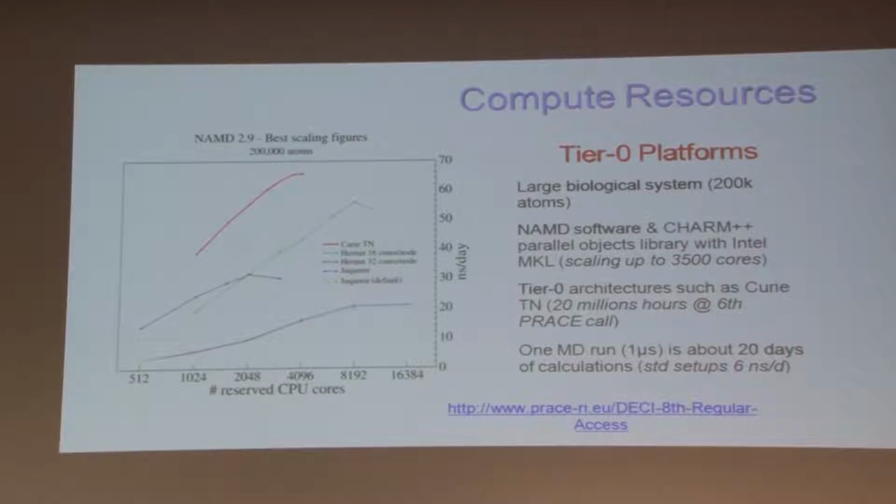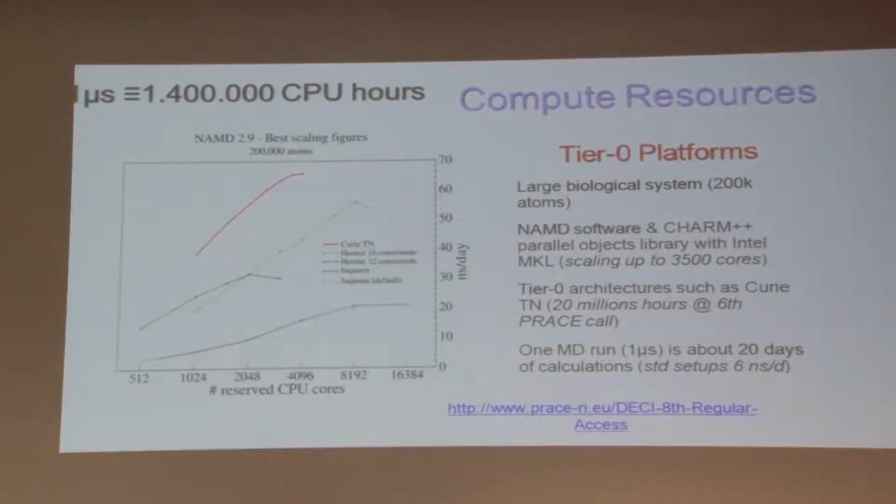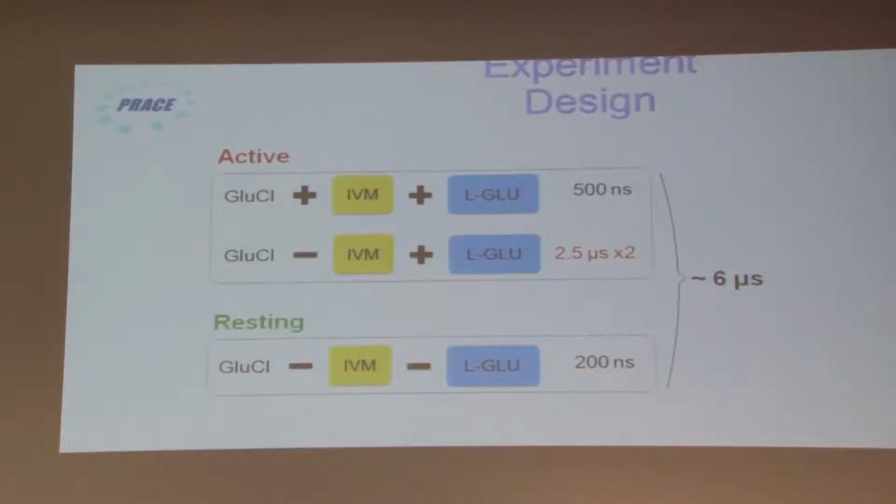The only thing that I also want to point out is that there's a cost to be paid. One microsecond of sampling, which is my target several times, costs approximately 1.4 million CPU hours, which is quite significant, and requires uncommon computer resources like those that are typically offered in PRACE competitions. In fact, to study the GLIC-L, we profited from a 20 million hours allocation that we got at the PRACE level, and so we decided to set out, starting from the crystal structures,